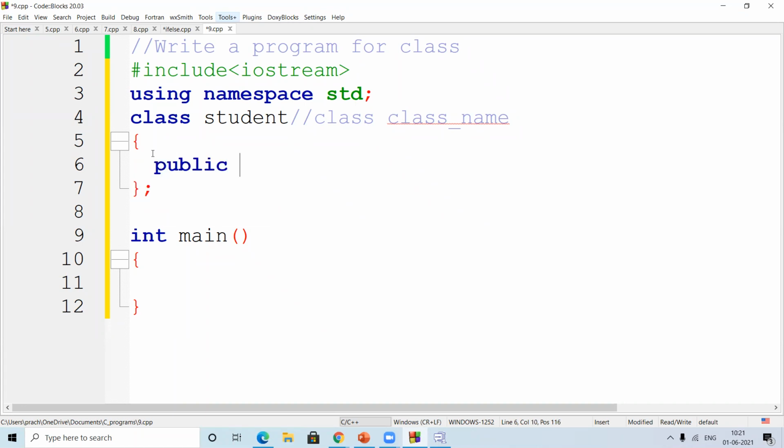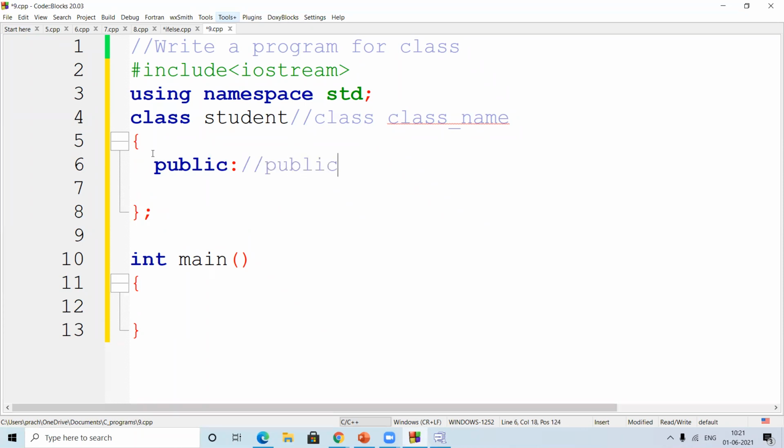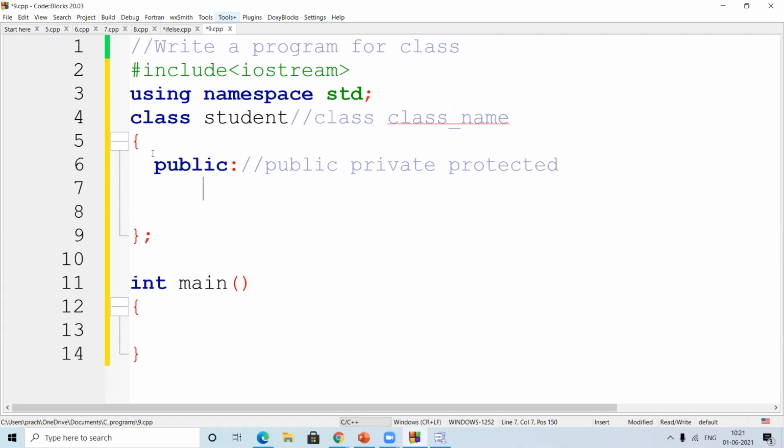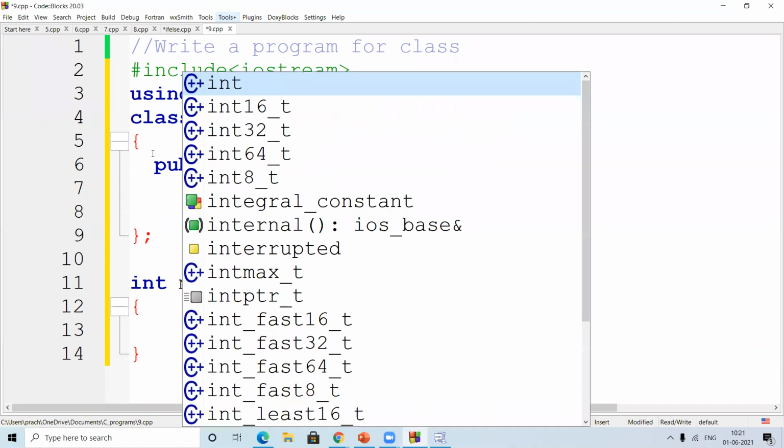Okay, so at this point, how many access specifiers are there? Public, private, protected, correct? Have you done this in your class? No issue.